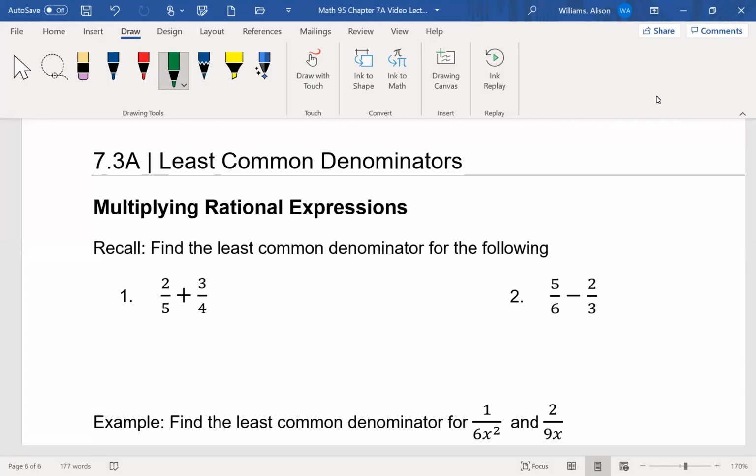In this video, we're going to review how to find least common denominators, and we're going to extend that